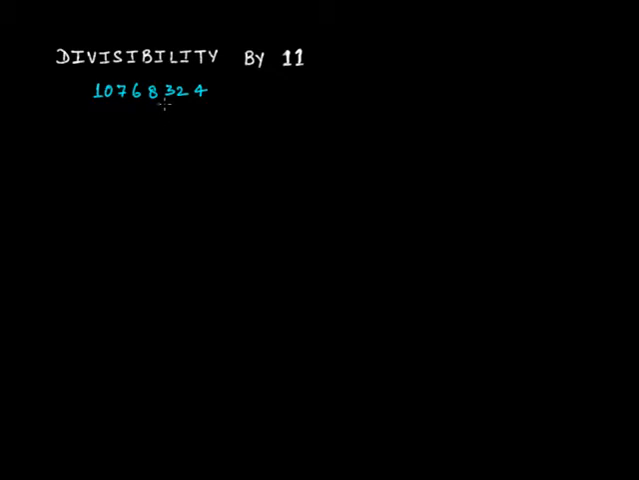So it is 1,07,68,324. Now what you have to do is, starting from the right, move towards the left. That is, start from the right and move towards the left, so it's like in this direction, from the right towards the left. And first,